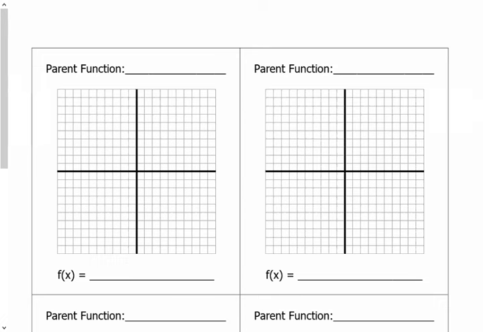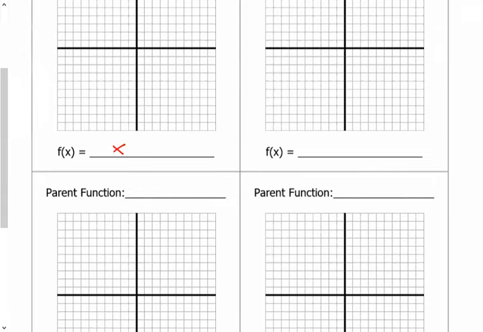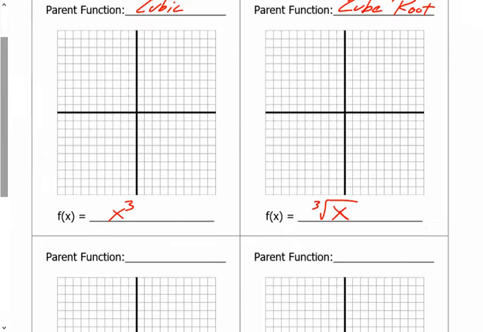We're going to do a cubic and a cube root. And these actually follow the same pattern. This is x cubed, and this is cube root of x. So again, I'm going to get these simply by plugging in points. I'm going to plug in 0, 1, 2, 3, and see what I get. For cubic,